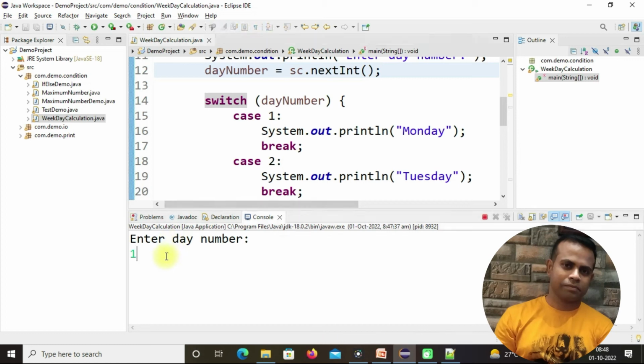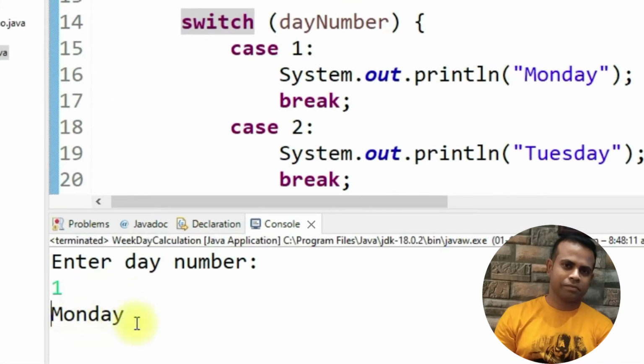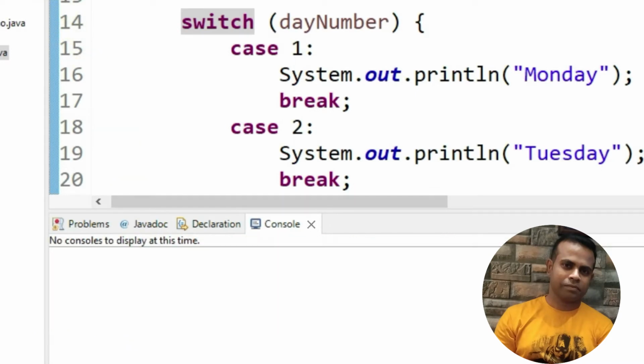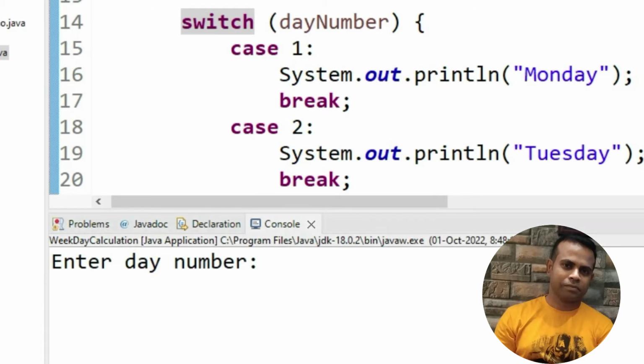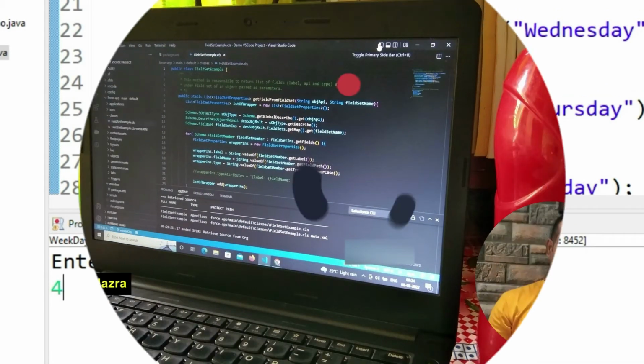So let me enter here. So it should print Monday. So you can see it printing Monday. Okay. Now let's run it again and check if I put a value, let's say 4. Okay. So let me make a value 4, and then